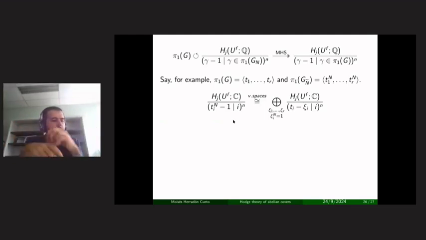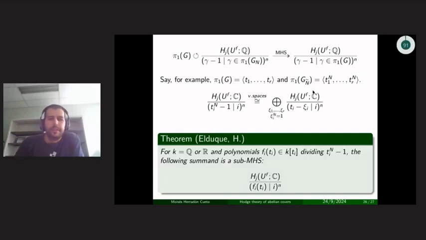So one thing we could do is take the Jordan forms of all of them and split the space according to which eigenvalue you get for which. At least over the complex numbers, you could do this. So for every set of roots of unity, you would get a direct sum decomposition. And keep in mind, these all commute with each other. So the last theorem I'm going to show is that this decomposition is actually a decomposition of Hodge structures, with a small asterisk that, of course, this only works over the complex numbers.